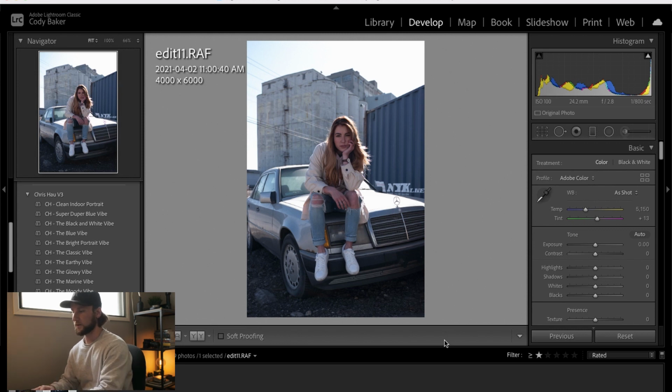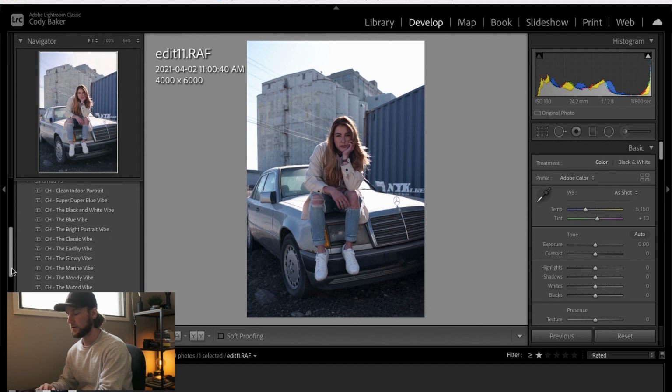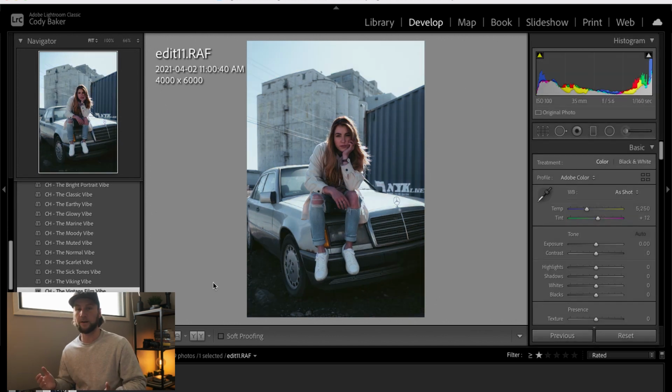So same thing, bring it into Lightroom, run through all of the options in terms of presets, and I know for this one that I'm going to land on the vintage vibe. And so honestly, right away, I'd be pretty happy with this photo. I'm not going to lie, I really like how it turned out, but for sake of the editing video, what